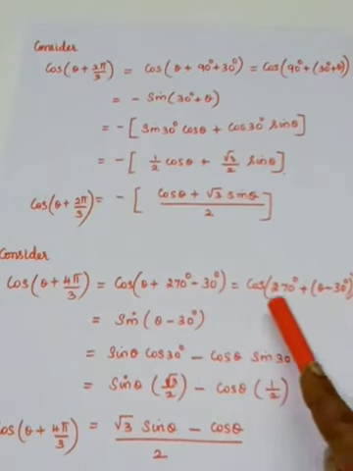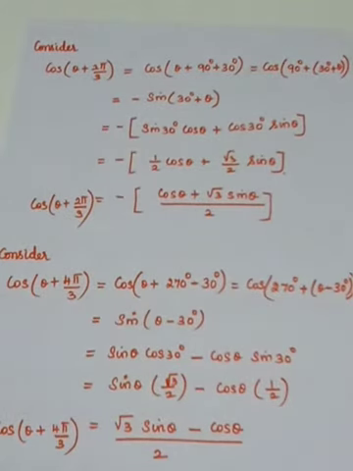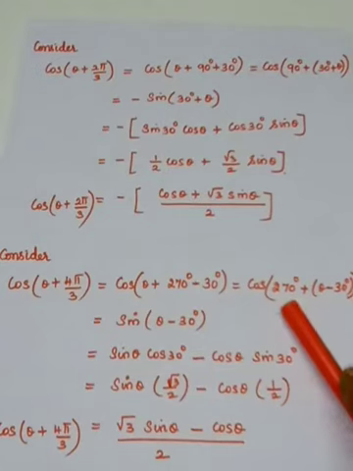So now it is 270 degree plus theta. In which quadrant does it lie? You see that it lies in the third quadrant. It lies in the fourth quadrant, because up to 270 degree it lies in the third quadrant.